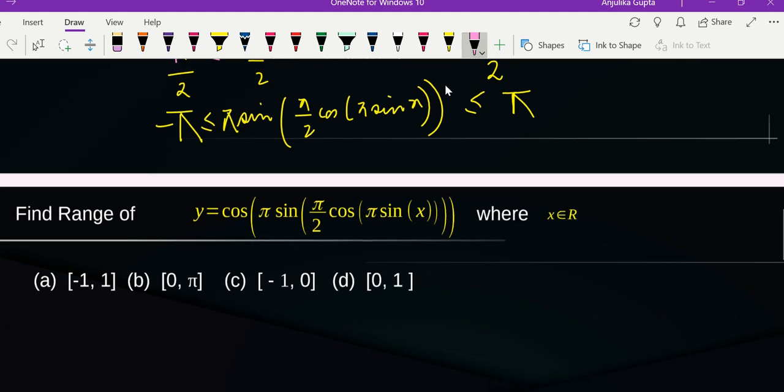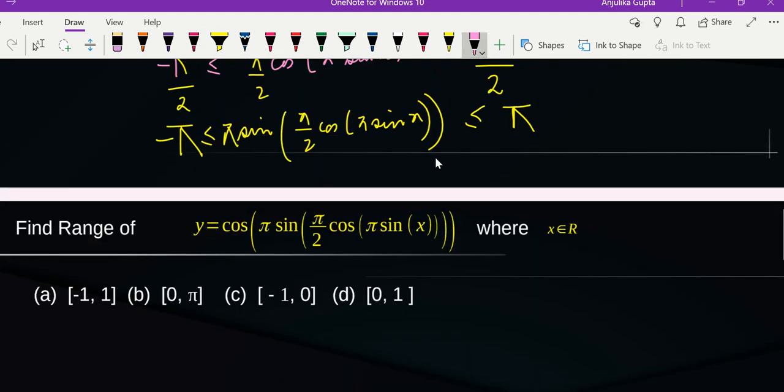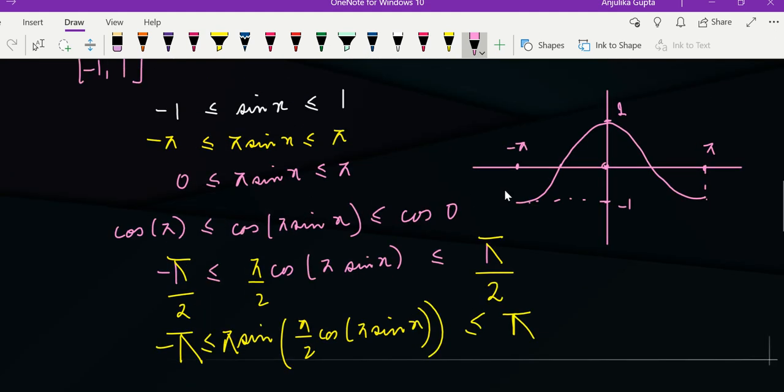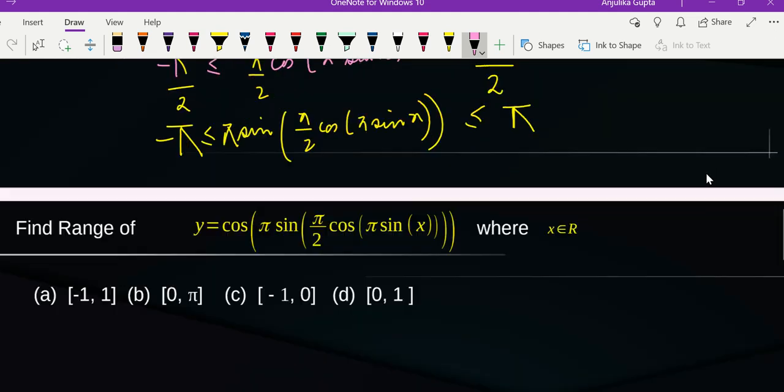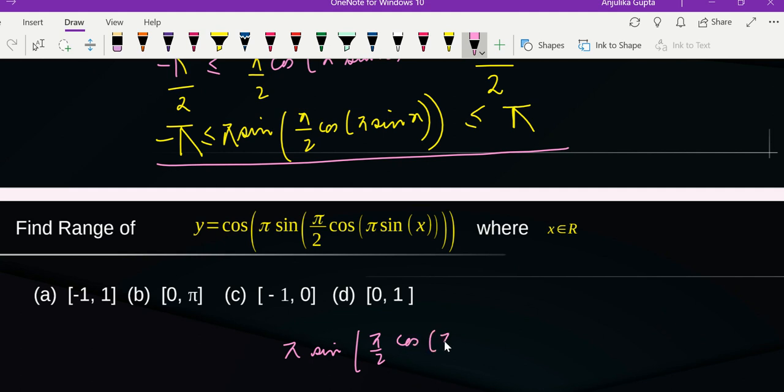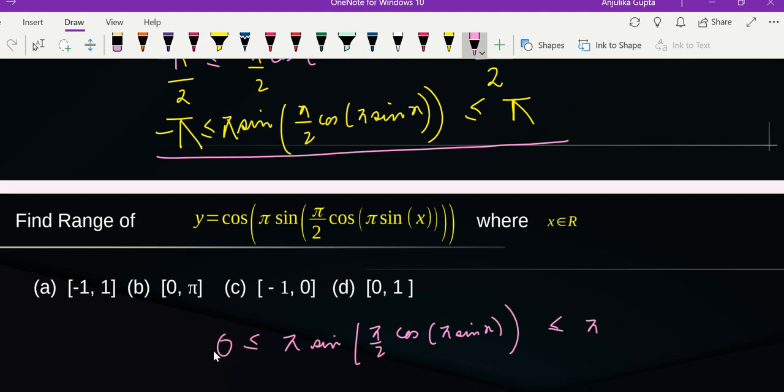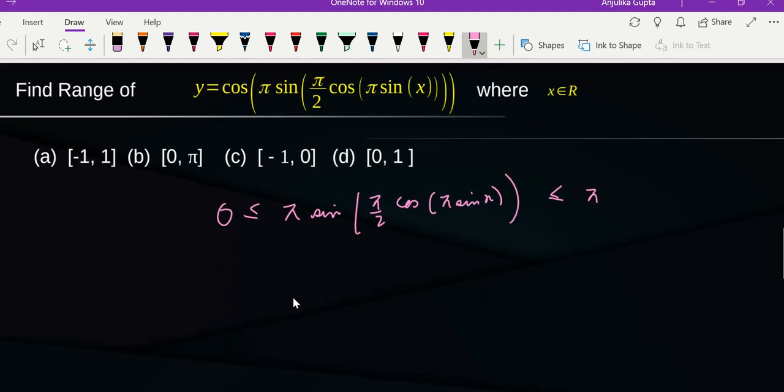Just one step more, because you have to take cos of the complete thing again. The same argument which we had here: if you have a -pi to pi argument, I am going to take it from 0 to pi, because the range of this is lying there, since cos is an even function. So we can very well write that this whole stuff lies between 0 and pi. Now you can take a cosine on both sides, because again cosine is your decreasing function.